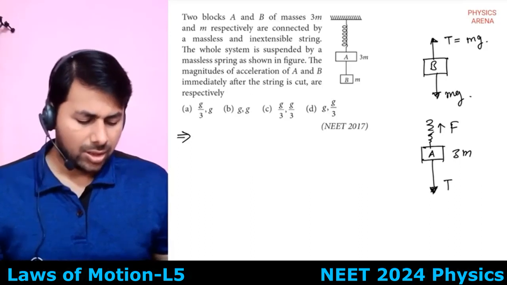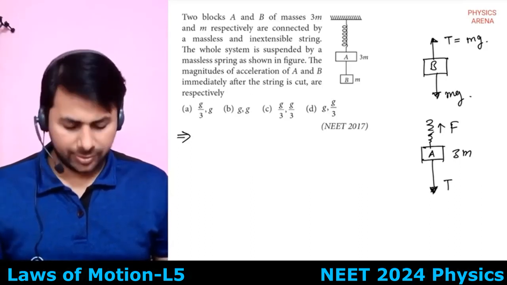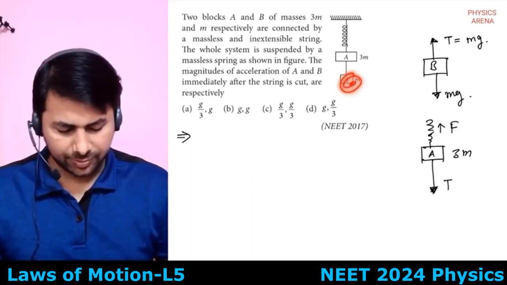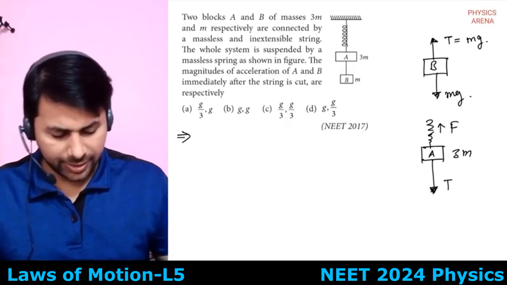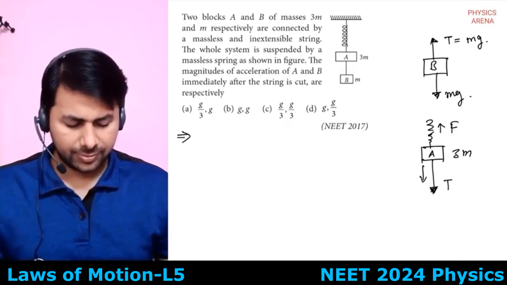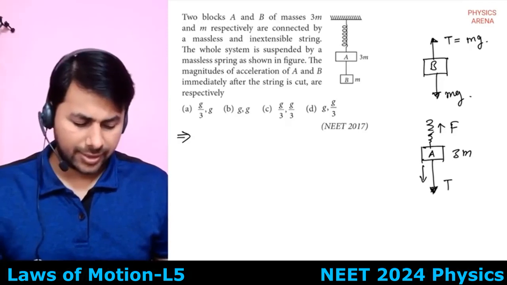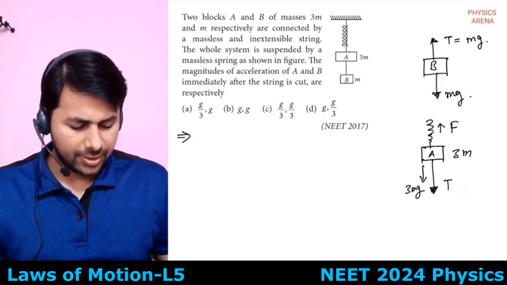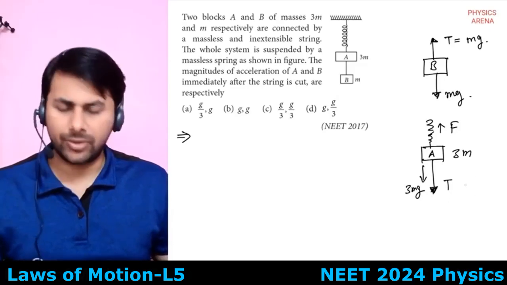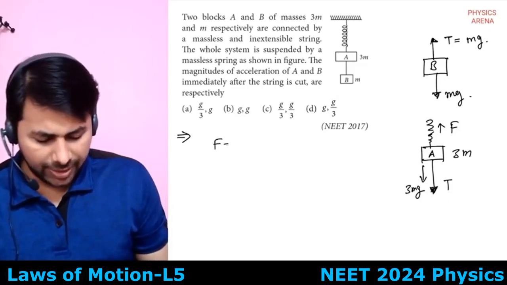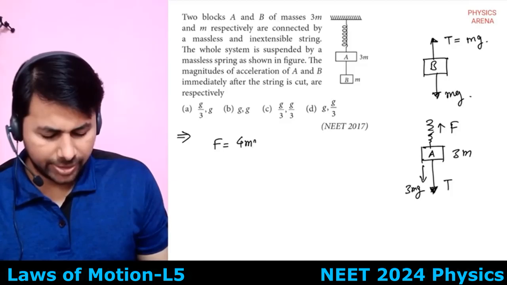So now, how much is the net downward force? The tension in the string plus its weight. So tension is mg and weight is 3 mg. So the net downward force is 4 mg. So from this I can find out F is equal to 4 mg,